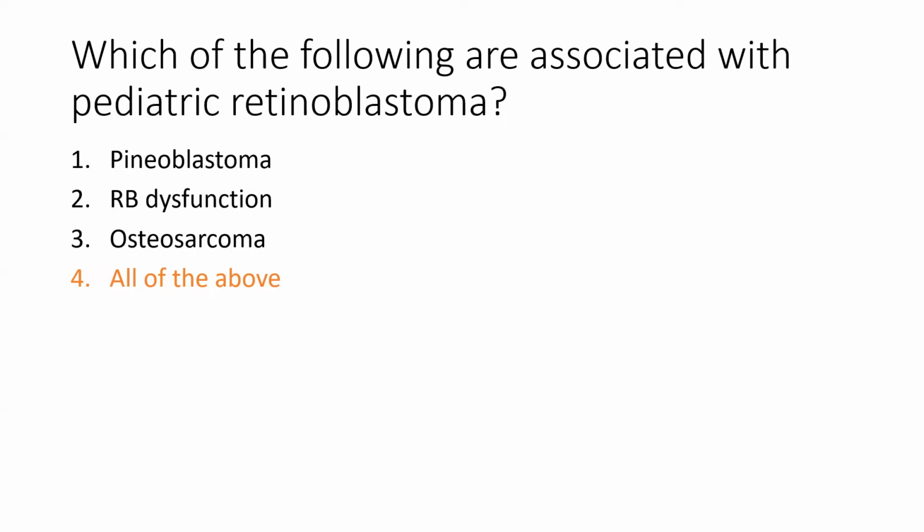It is also important to note that retinoblastoma is a small round blue cell tumor, and patients with hereditary retinoblastoma, whether they are treated by radiation or not, are at increased risk of developing osteosarcomas